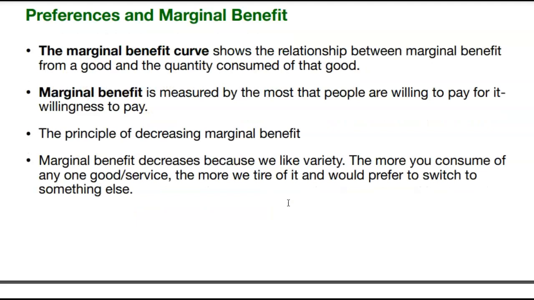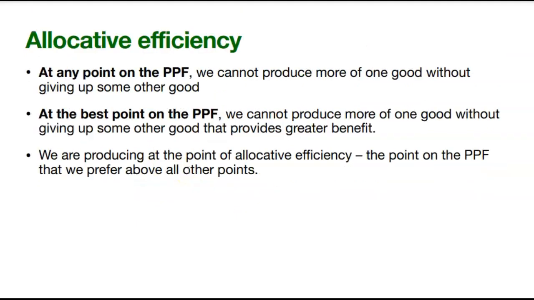Oh yeah, one thing before it says marginal benefits. At any point on the PPF, you cannot produce more of one good without giving up something of the other good. I told you, every time you increase a product, one must go down. Not just one, it can go down by 2, 3, it can be anything. All the points on the PPF are the best points. I told you the dark point is the best point, which you as a business should choose because it's efficient.